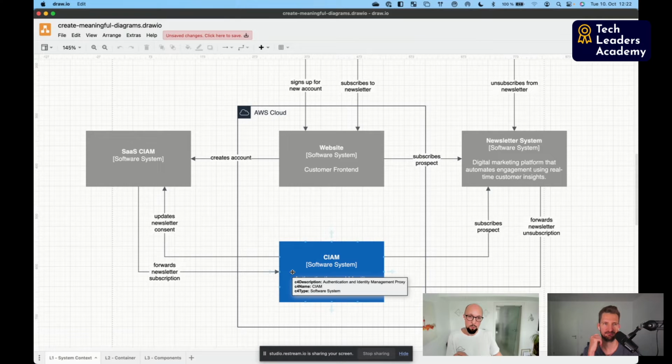So let's assume there are 2 different teams that are responsible for the website and CM, this proxy solution here. I color this different. So when I talk to the team that operates the website, I make this blue because I want to show this is your focus. Your focus is not on the system below. So just color notations help here to really get the right focus and prevent misunderstandings of what is the system